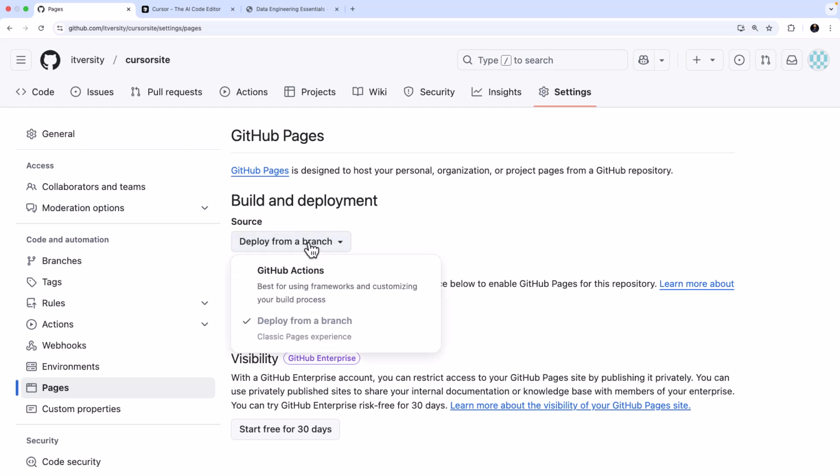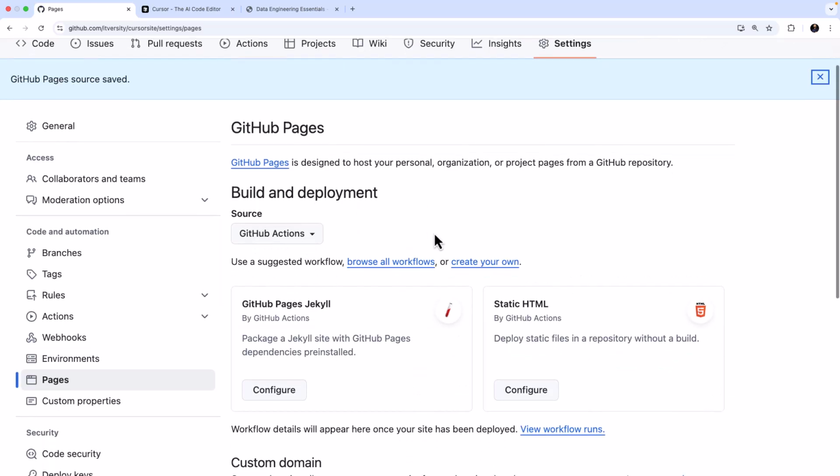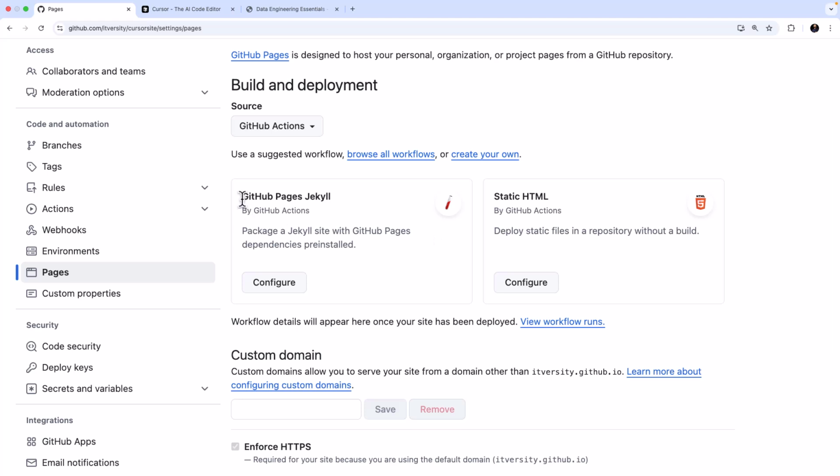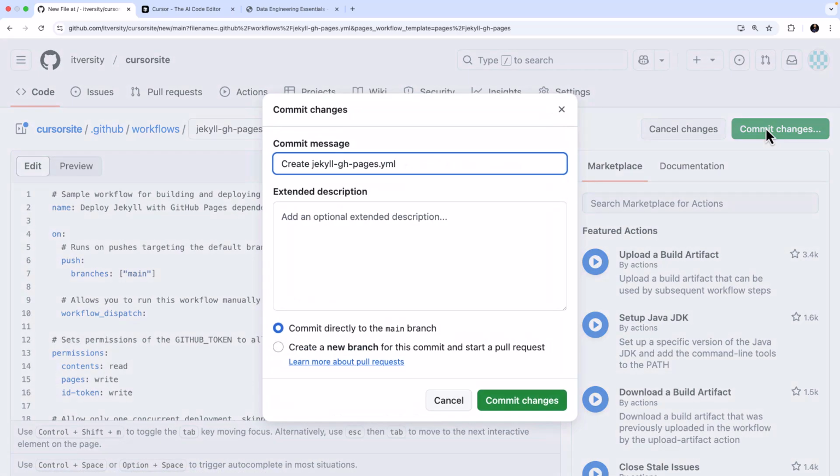I'm going to click this, and I'm going to choose something called GitHub Actions. And now in GitHub Actions, you have something called GitHub Pages Jekyll. So I'm just going to click on configure. And now this is it, and I'm just going to click on commit changes. I'm going to say commit changes,